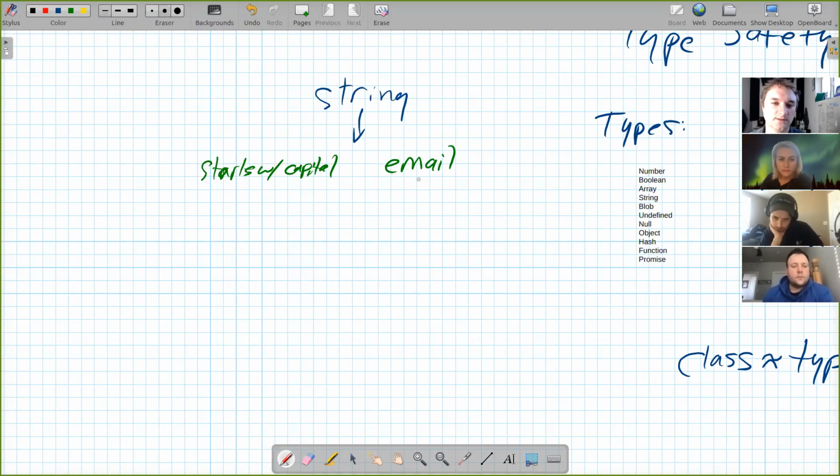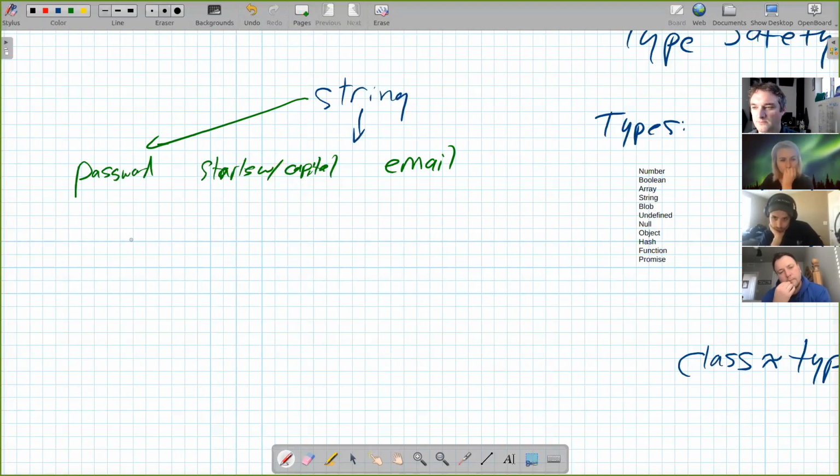What else? So you talk like maybe a password that requires symbols. Sure. The password. And you might have multiple levels of that too.